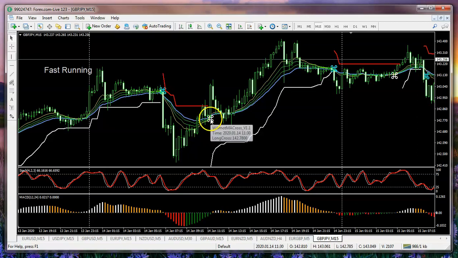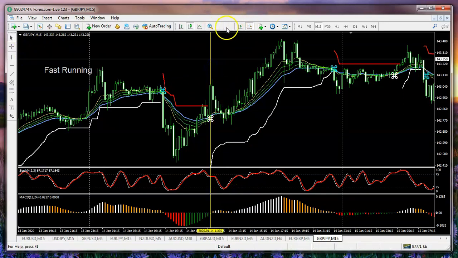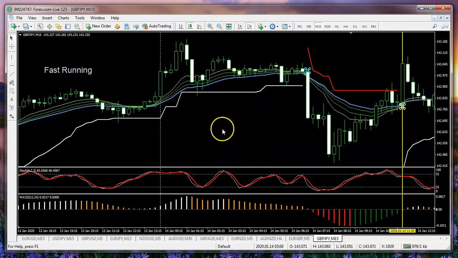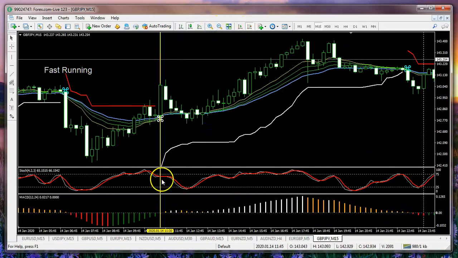We had the crossover of the 12. We had a nice rush to the north. The pullback into the bands, a nice smooth indication. Notice here, if I expand this just a little bit for you to see better, notice that in this particular case, what we had was the white line, now the fast stochastic, moving across